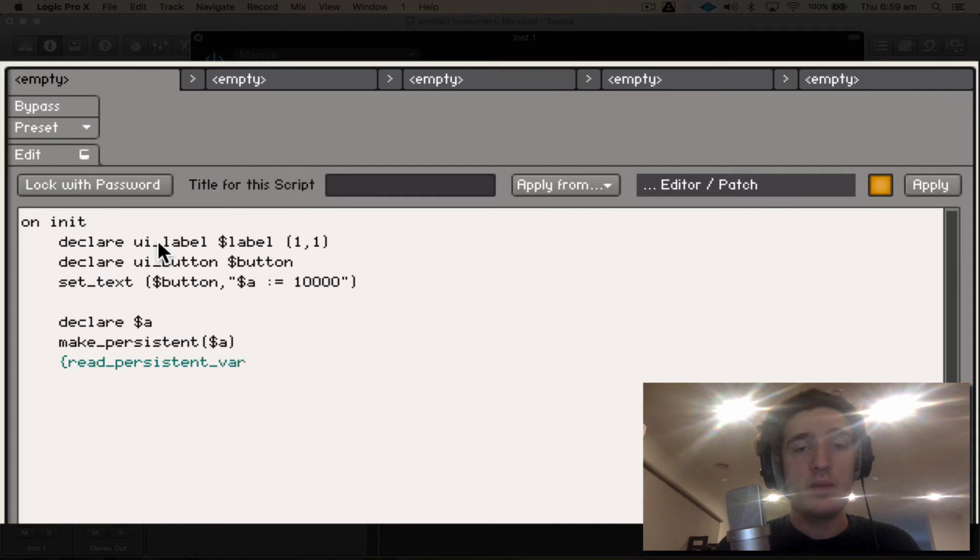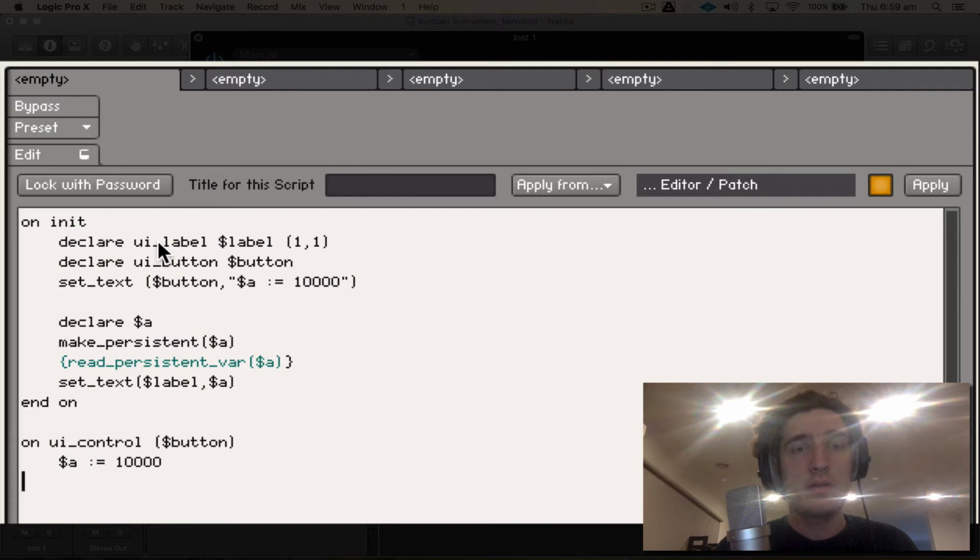So you can see when you would use some of these persistent variables. They're almost self-explanatory, aren't they? Persistent variables are persistent. They don't go away like anything else. A lot of other things go away, but that's okay. UI control of a button. Whenever we hit this button, we set it to 10,000, and we set the text, label, A, and